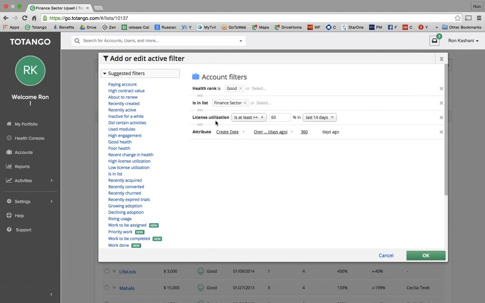I also want to see which customers are using our product and utilizing their licenses. So I look for accounts that use 60% of their licenses in the last 14 days. And I also want to look at accounts that have been working with us for the past year, not new customers that are probably not going to be interested in increasing the license in the first year they are with us. So all those criteria, you can choose from here, from the list on the left,